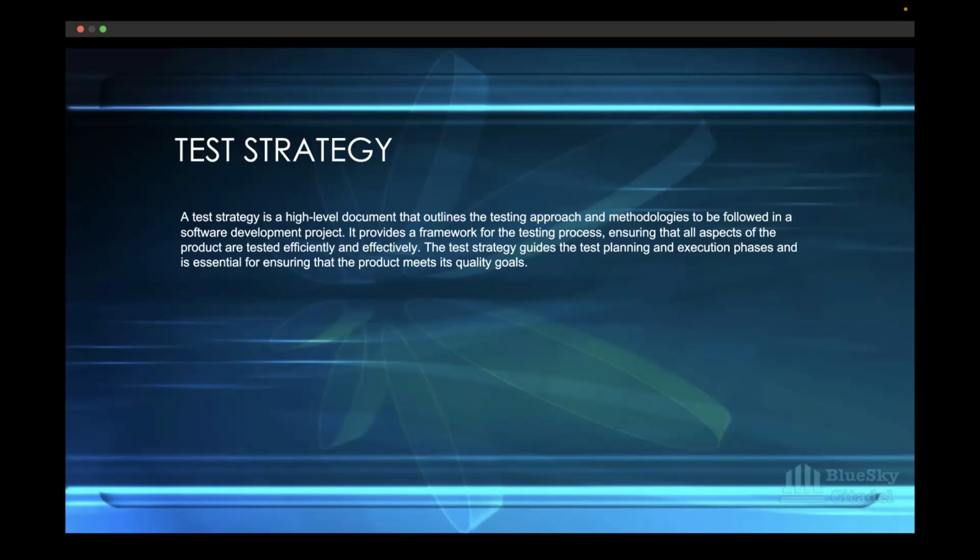The test strategy guides the test planning and execution phases, and it's essential for ensuring that products meet their quality goals. If we've been attentive and following the class, from the definition of the test strategy, we can already tell the difference between the test plan and the test strategy.